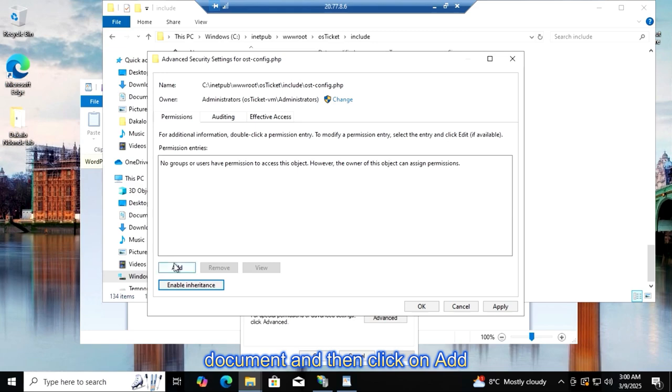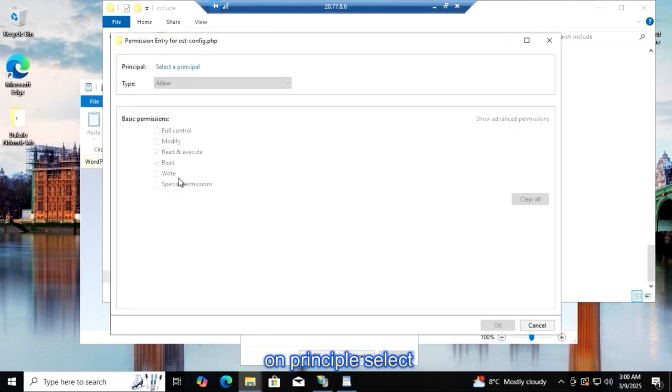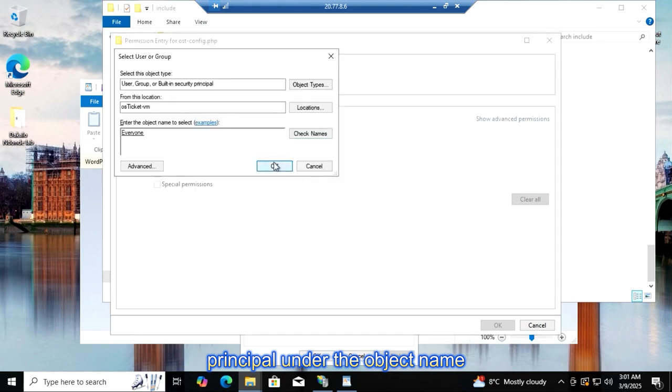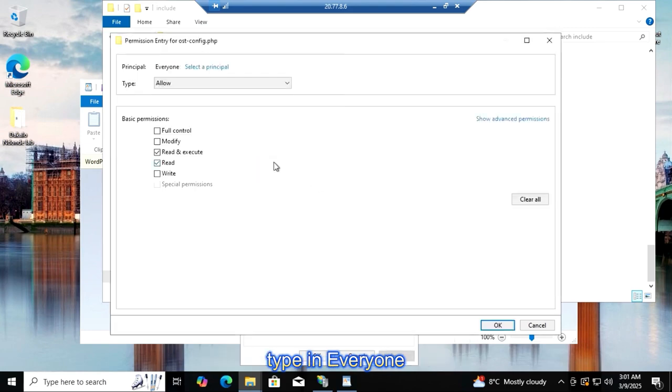And then click on add principal, select principal. Under the object name, type in everyone, click on check names,